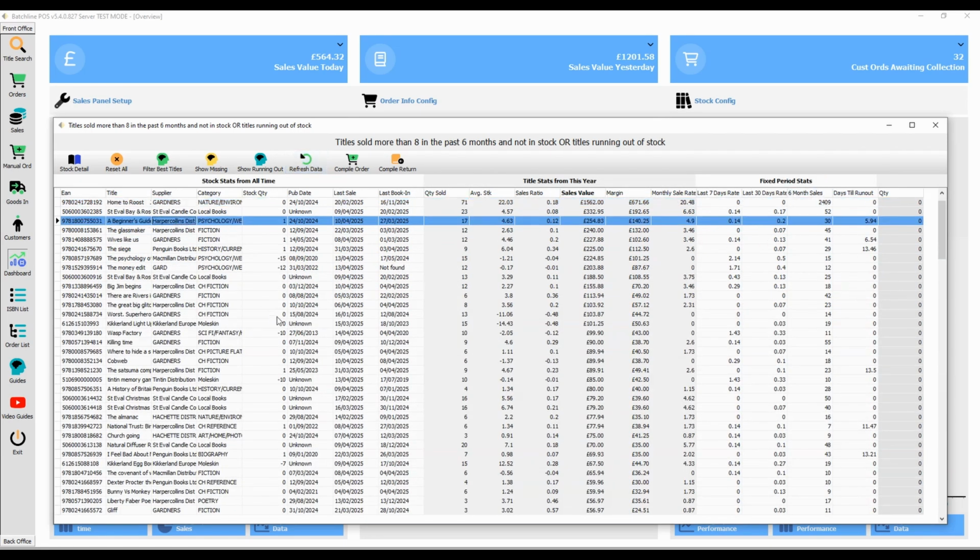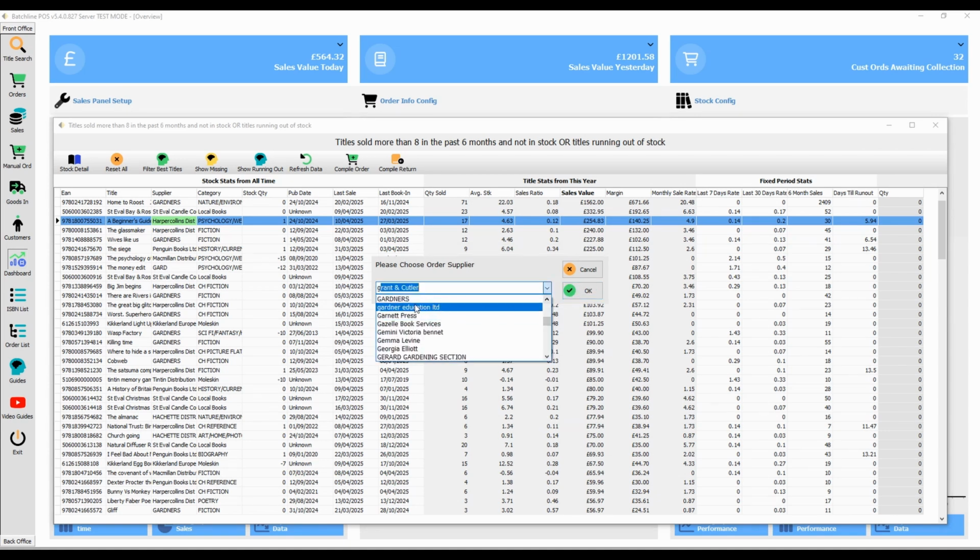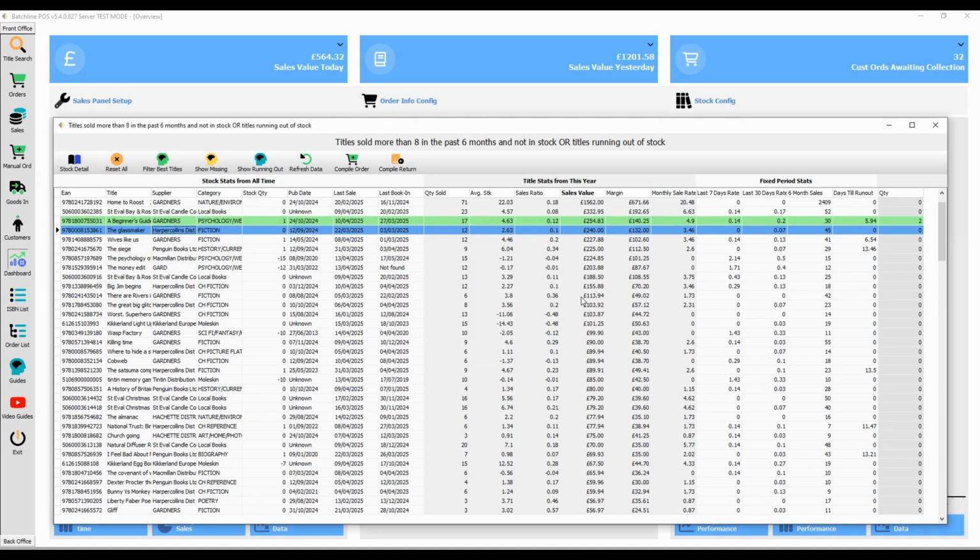And from this screen, just like the other screens, we can highlight lines by pressing enter or spacebar, and we can enter the quantity for order. So we can say we'll have 2 of those. Do we want to order it from the last delivery supplier, which will be over here as HarperCollins? We say actually no, we don't want to. We want to order that from Gardner's this time. So we can see over here we've got 2 selected, and from Gardner's,